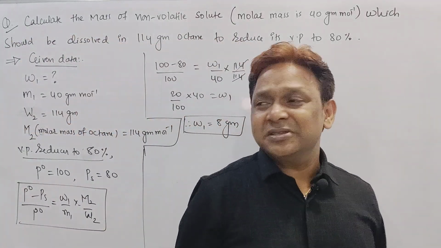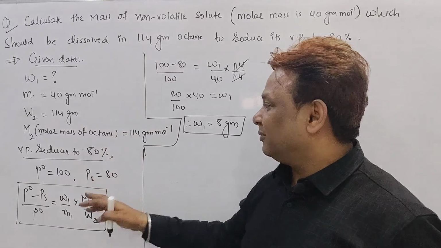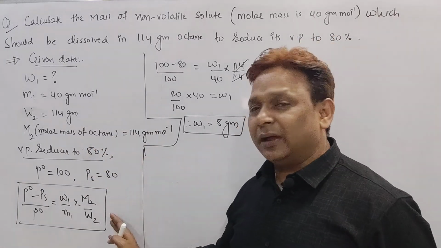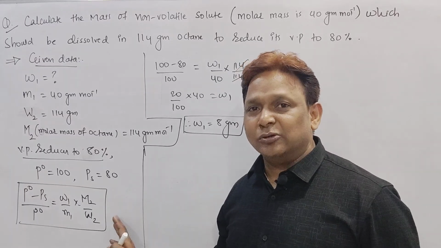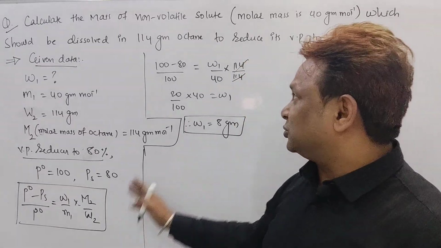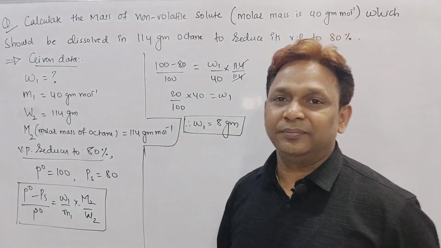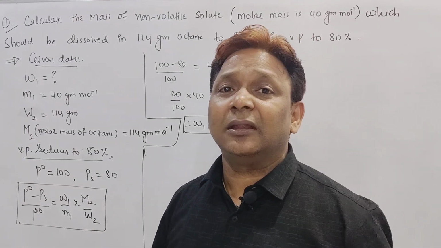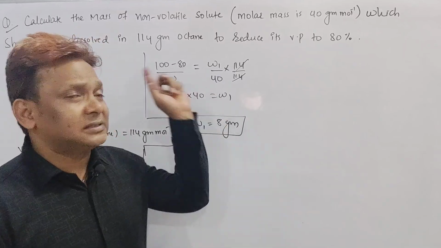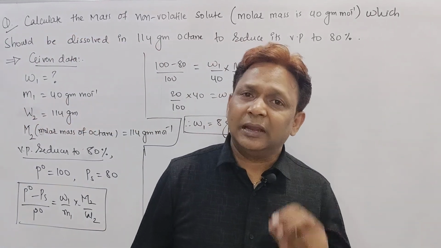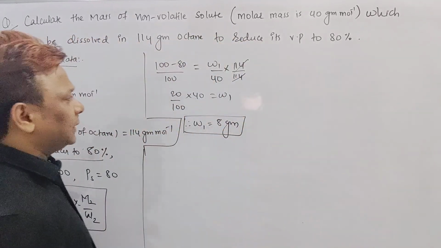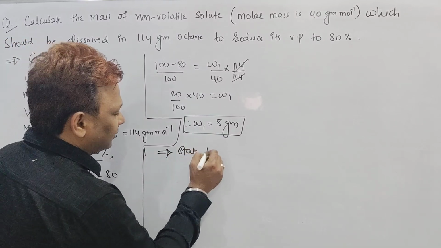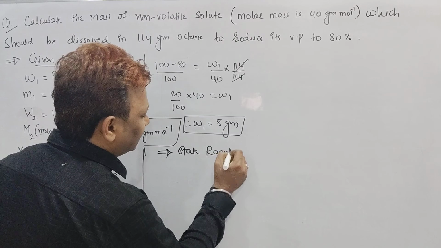Right? Given data, the molecular mass of octane 114 you should remember, and the RLVP Raoult's law formula we have to write. Substitute the values and get the weight of the solute. Is it clear? But in the exam they are asking us to state Raoult's law, because this is the part you are going to do now. You will get the 4 marks, but again a repeated part will be there. What they ask us is: state Raoult's law. Very simple.